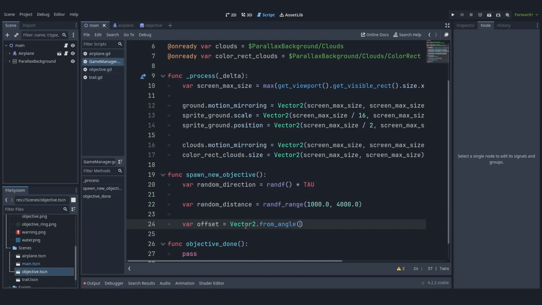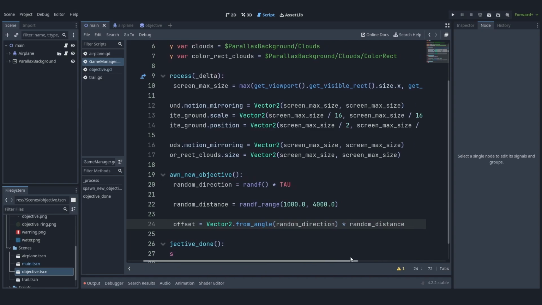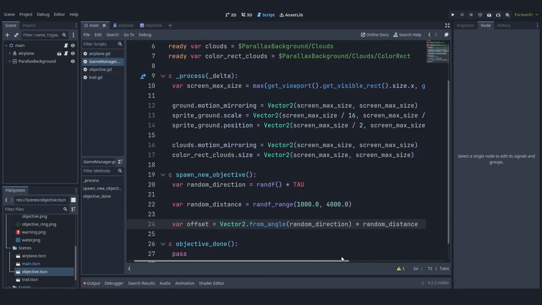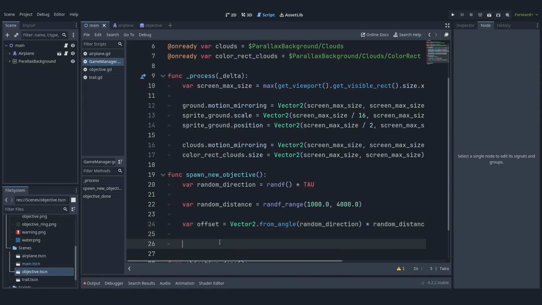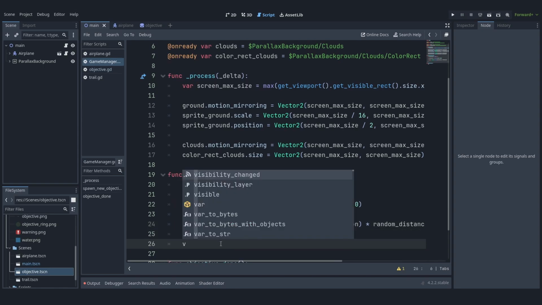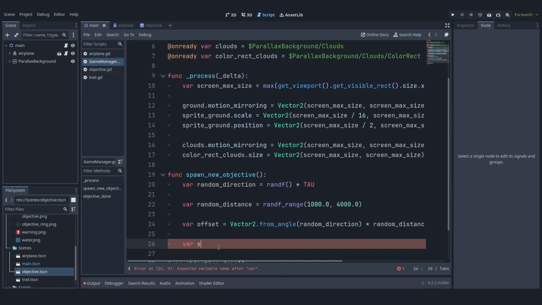Vector2.from_angle. This is a built-in function, and here we are going to put in our random_direction and outside times it by random_distance. So this is basically the offset of our objective from the player. And now another variable, which will basically be the last thing, it will be a variable spawn_position, and we